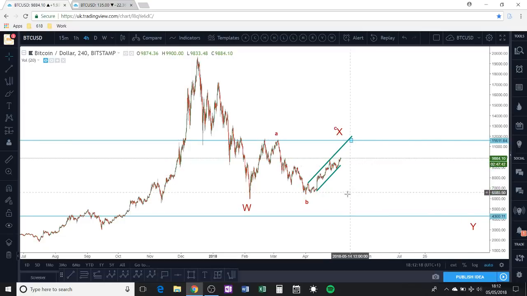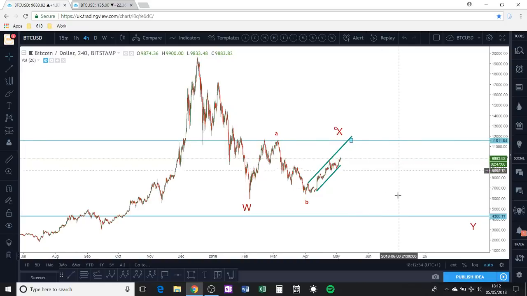With regards to what type of flat it's going to be, it looks like it's most likely to be a running flat, considering the B wave is slightly higher than the origin of wave A, which means that wave C is likely to finish a little bit higher than the end of wave A, so it could come up to $12,000, maybe $12,500. But a reasonable target is this 11.5 region right here. There's going to be a lot of resistance at this level. As you can see, there's a lot of horizontal resistance at that level, so it would take a lot of force to get beyond that.